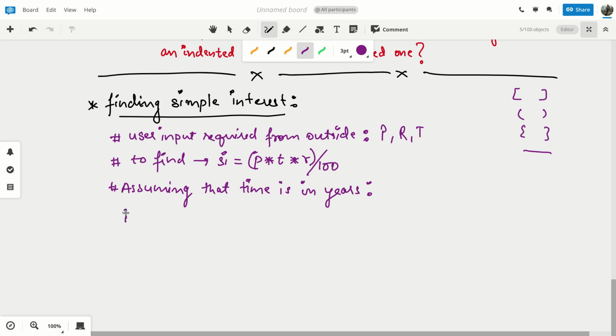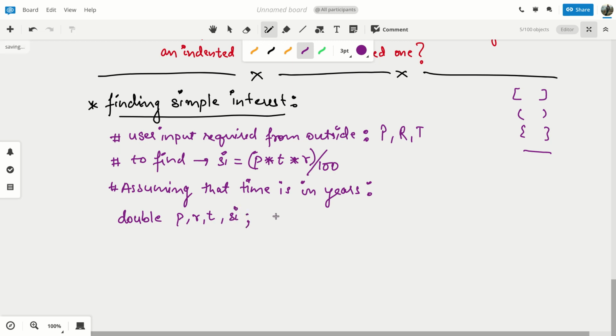Now we will create three variables. I'm writing in rough, then I'm of course going to write the main program. So not int, I'll take double this time, because this can also be in decimal, this can also be in decimal. So let's create a decimal variable which can store decimal type values, that can either be float or double. Let's go with double for now. Double principal, rate and time, and of course simple interest we are creating.